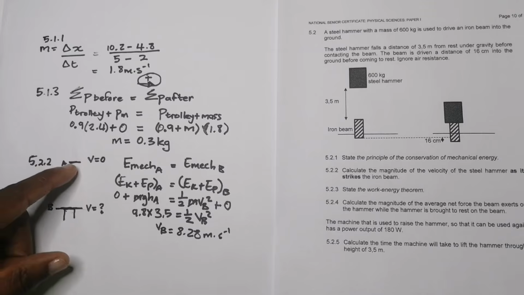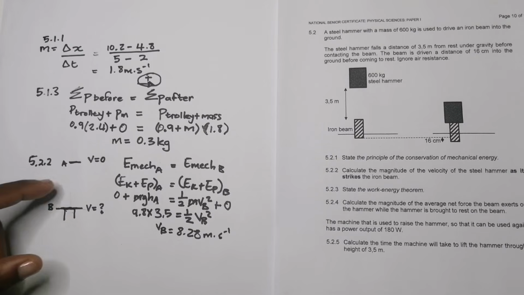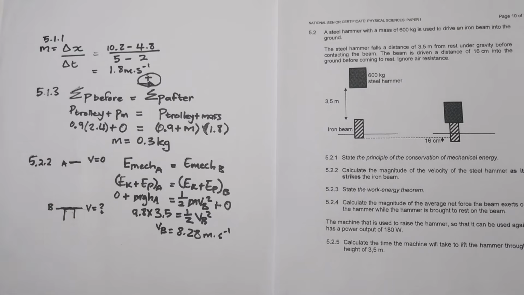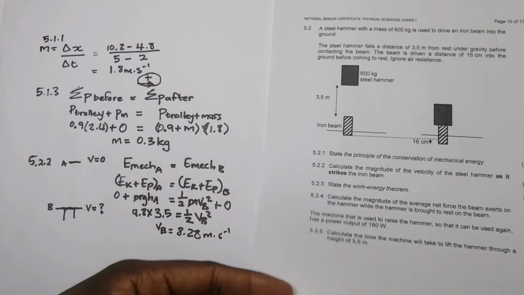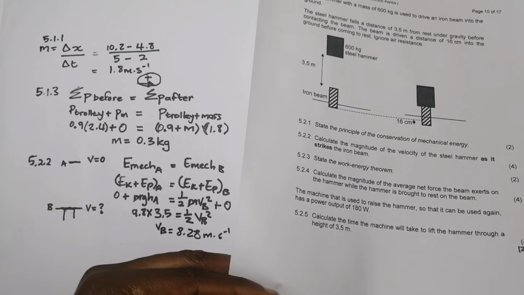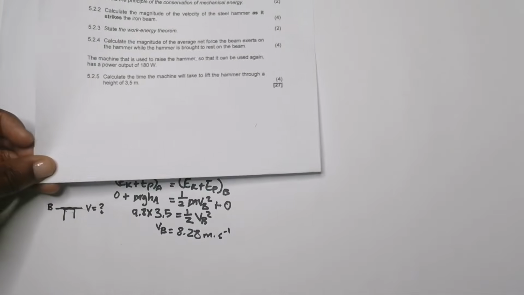Think about it. Your initial velocity is 0, your final velocity is unknown, that's what you're looking for. You've got the distance, but you also have gravitational acceleration. Remember that it was moving due to gravity. Okay, right. I'm just going to move this over to this side. Just keep in mind that speed there is